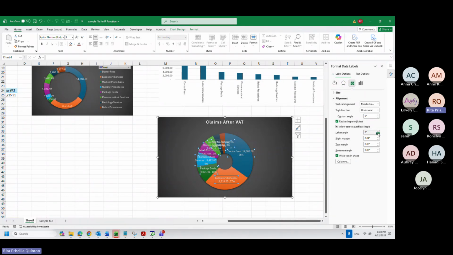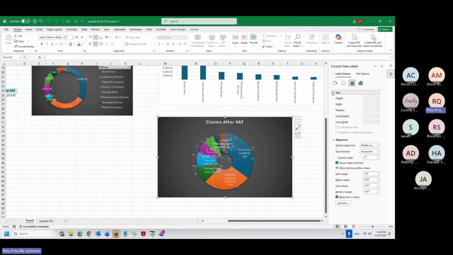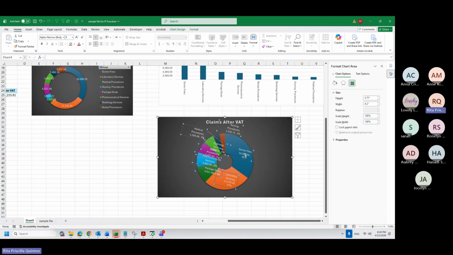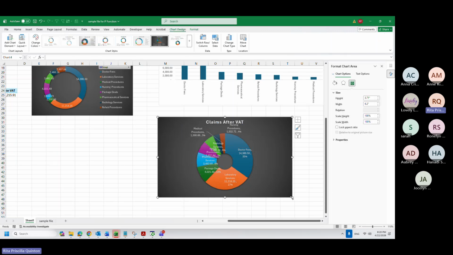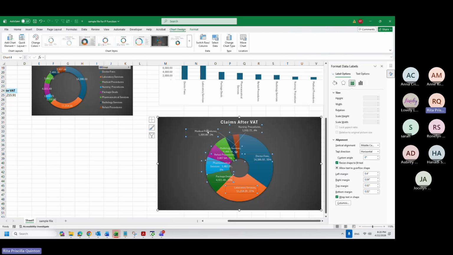Left margin. So usually for me, I just also try from my side, like a trial and error. Since I'm also learning, can also do like this. Okay. And you can put them outside of your pie chart also. Okay, let me fix. So we can make this bigger and then move them outside so it can be readable.